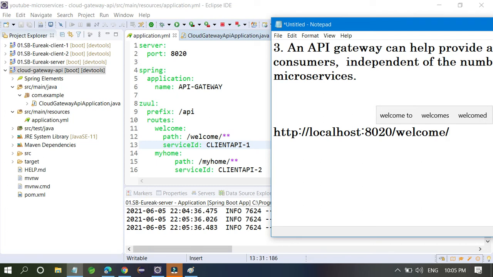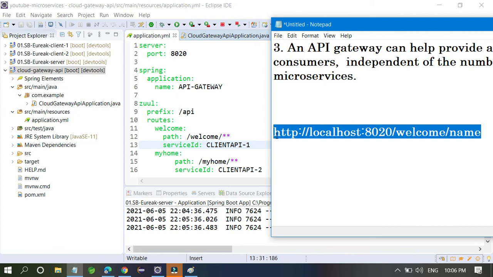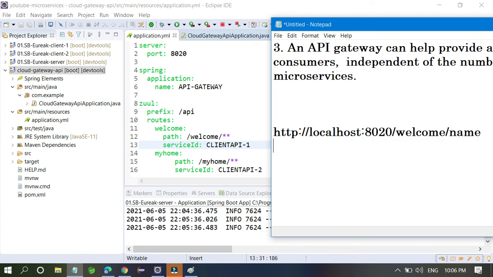Then whatever path you follow in your API, like controllers. So the controllers, I have followed the name here, just copy this one and paste one more time.